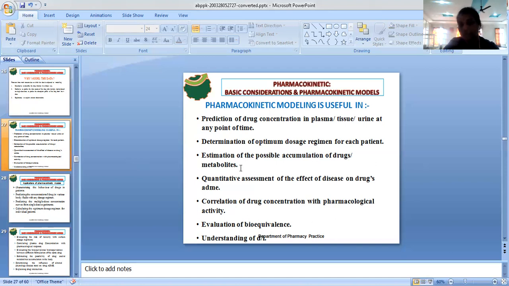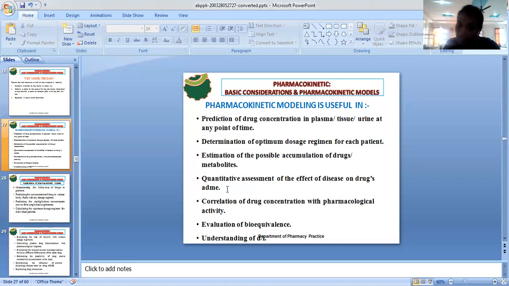and sometimes metabolites may also be accumulated. Such an estimation can be done by using such pharmacokinetic models. And apart from that, quantitative assessment of the effect of disease on that particular drug's ADME process. That particular patient is suffering from such a disease. If the drug is administered, by the influence of the disease,